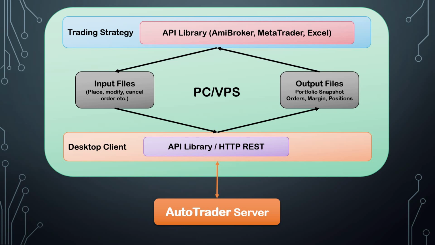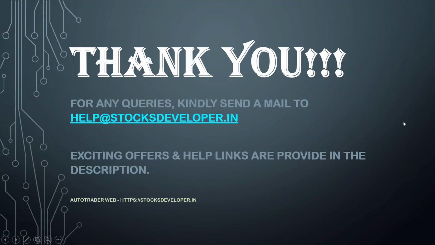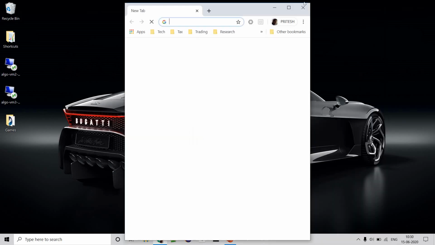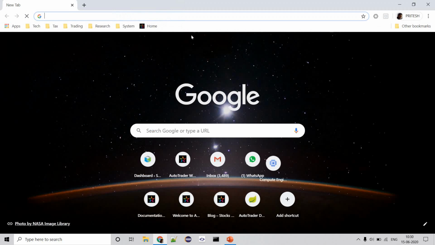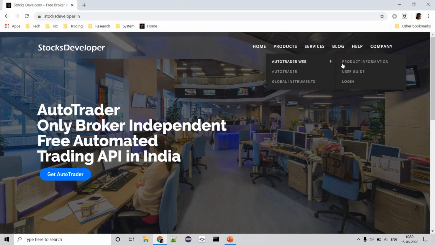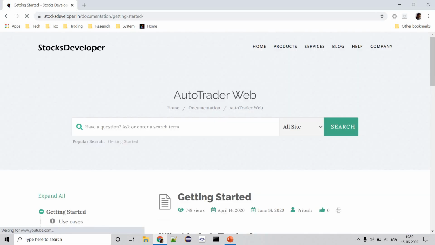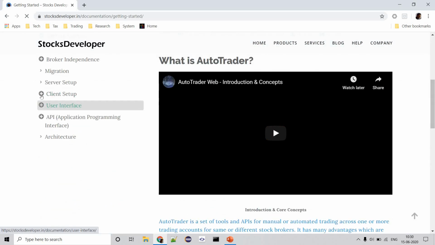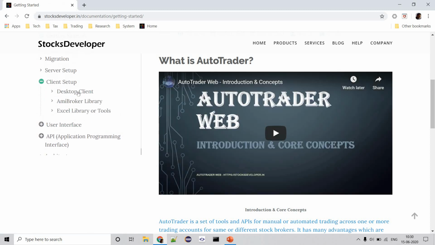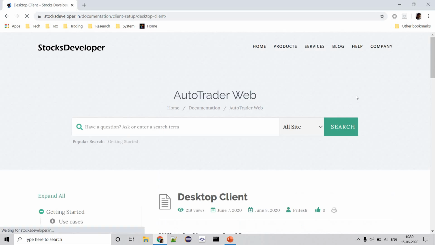Now let's go and try to download the tool. We'll go to the Stocks Developer website first. I'll go to products, AutoTrader Web, user guide. In the user guide, if you look at the left hand side, there is this thing called client setup, and inside that you have the desktop client.